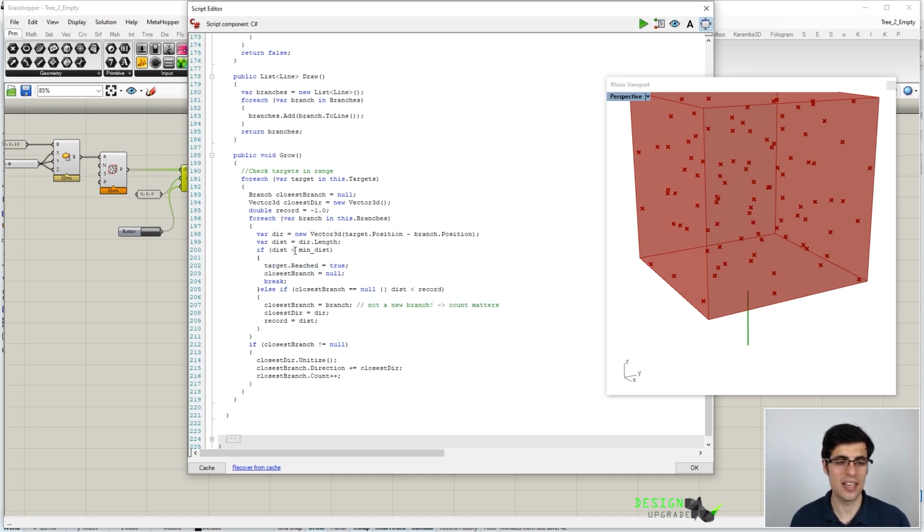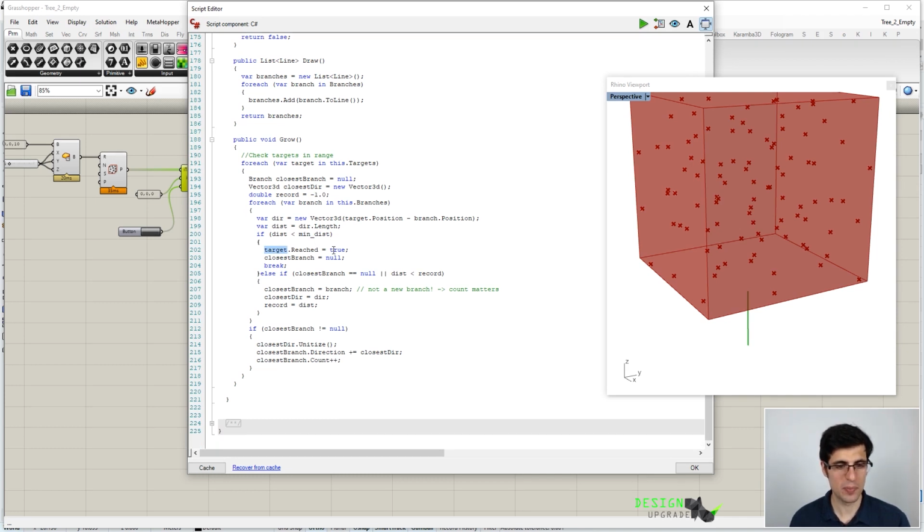In that case, if the distance between that branch and that target is closer than this parameter, that target is already reached. Okay, otherwise, what we do is we make that branch the closer branch, and we will keep looping through all branches to see if there is actually a branch that's closer than the one that we already found. And then we are going to finish this loop of our branches, and what we are going to see is if for that particular target there is a close branch,